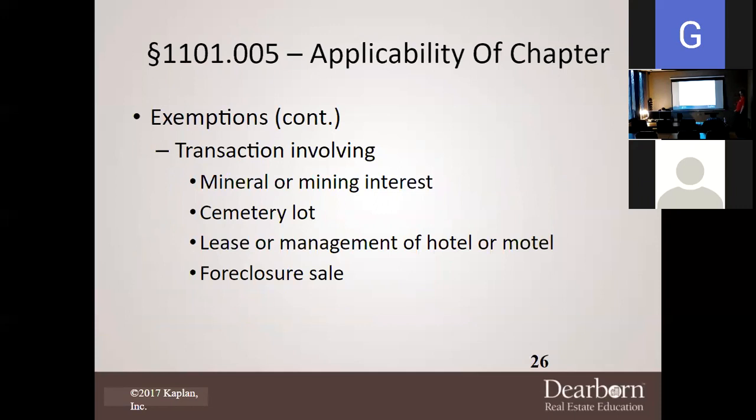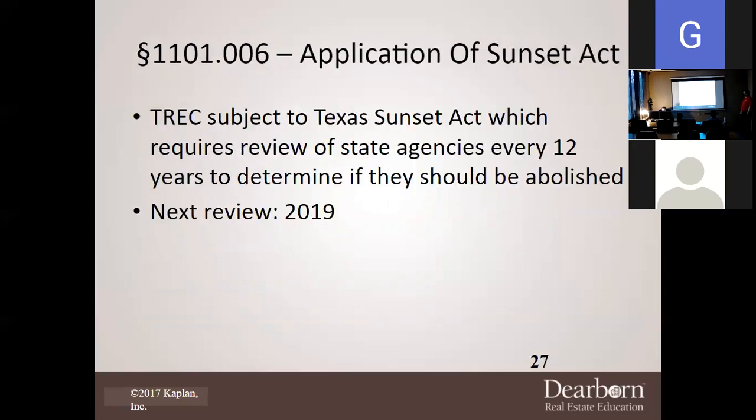Any transactions involving mineral or mining interests, cemetery lots, lease or management of a hotel or motel, or foreclosure sale is exempt. Okay? Now, before I jump into this one, what we want to talk about is while you